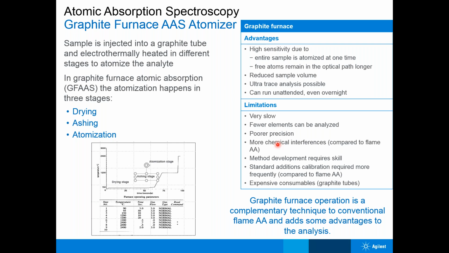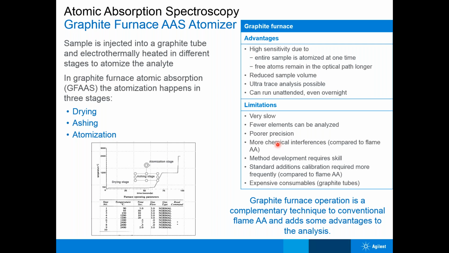So you have to use chemical suppressors, you have to use different modifiers when you are working on the graphite furnace. The graphite furnace also has the limitation that you cannot do all the elements by the graphite furnace. It is limited to close to 48 to 50 elements only. Graphite furnace is a complementary technique to conventional flame AAS and adds some advantage to the analysis in terms